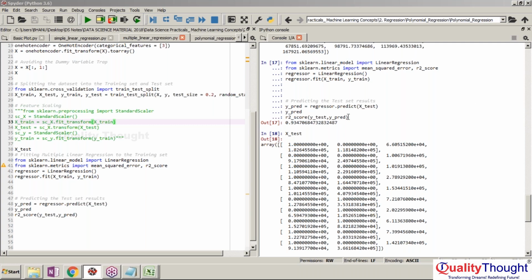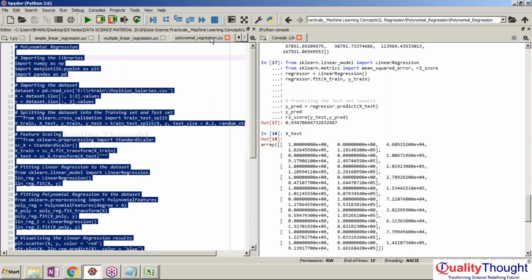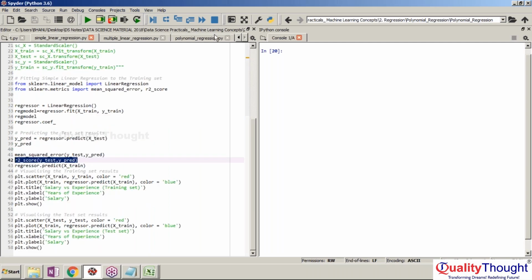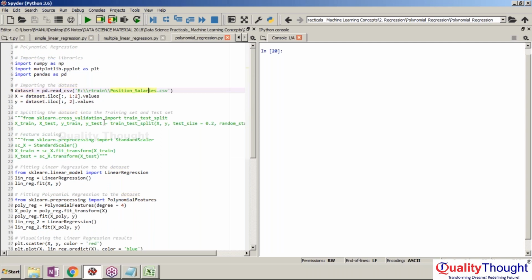Okay, fine. Then I will just get on to the polynomial regression, guys. So here I am at the polynomial regression. Okay, so I'm going to use the position underscore salaries as we did for the simple linear regression model. The same data set I'm going to use in the polynomial regression. No, this is a little bit different actually. So the position underscore salaries depends upon